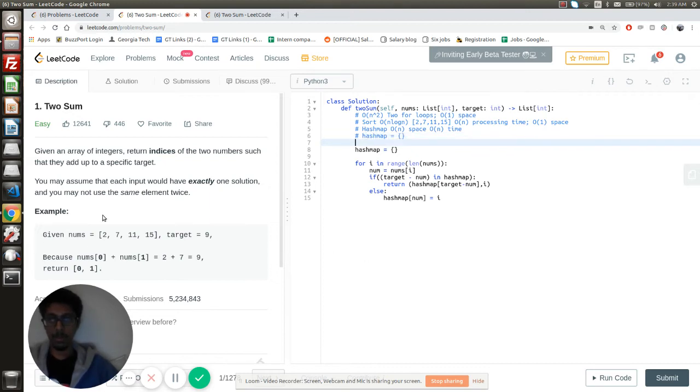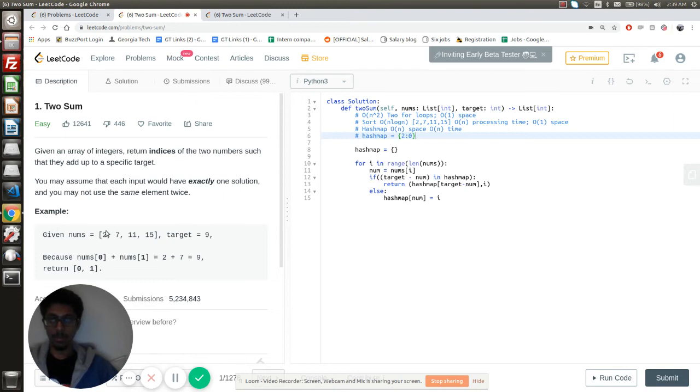So when you get a 2, you will see whether 9 minus 2, which is 7, is present in the hash map. It's not. So we go in the else condition and we just insert the 2 in the hash map with the index. The index of 2 is 0. It's the first element. So this is what we have in the hash map right now.